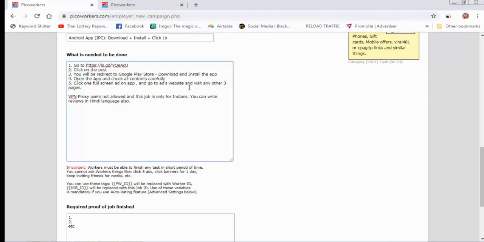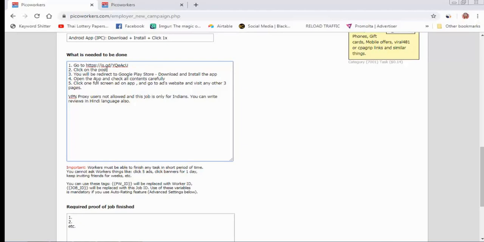If your application is popular and showing on the first page of the Google Play Store, then you can write the keyword here or the app name here. Go to the Play Store, search this keyword and find this app. For example, here you can paste your application link and screenshot, and tell the user to go to the Play Store, search this keyword and find this application. Here you can give a screenshot of your app.